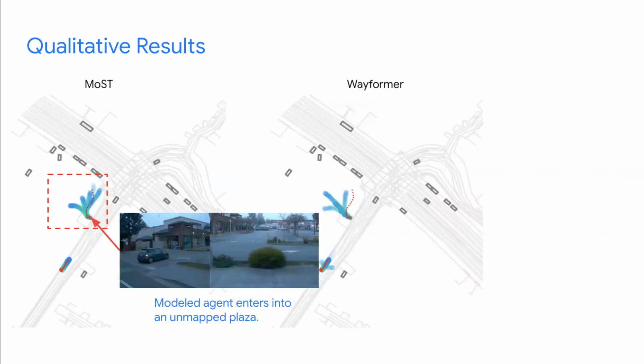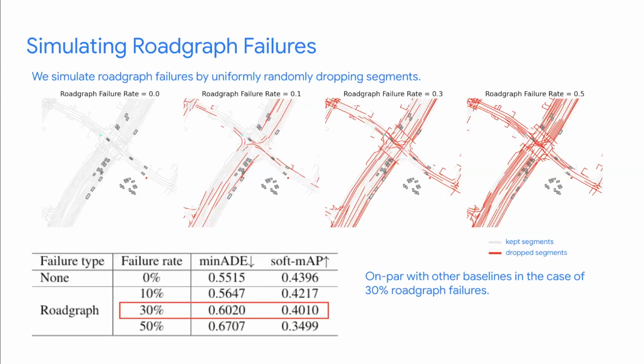Our model is also able to make more accurate predictions in unmapped road regions, as shown in this example in which a car enters a plaza which is unmapped. None of waveformer's predictions capture the ground truth trajectory, but our model produces 2 trajectories that share significant overlap with the ground truth. Finally, we ran a series of experiments